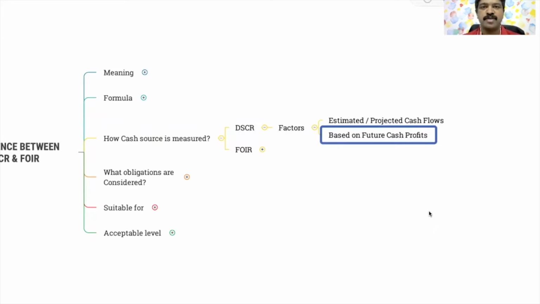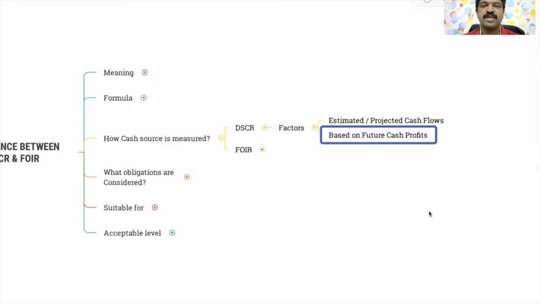Let's say, for example, a customer approaches a bank for a term loan to start a business. It means this business will acquire assets. Using those assets, they will produce a product, then they will make sales, then out of that they will make profit, and using that profit they will service the loan. Okay, in those cases DSCR will work out.